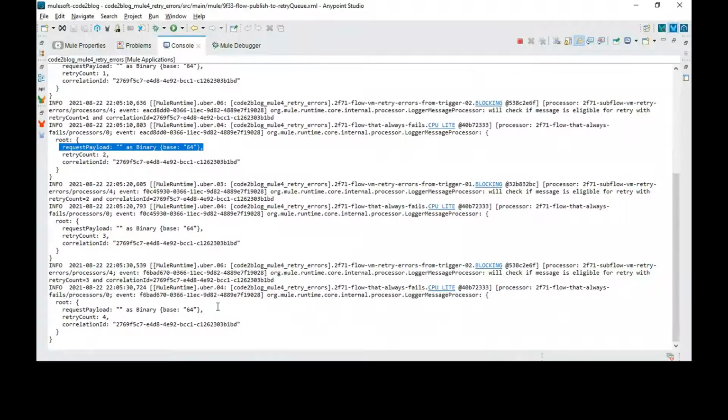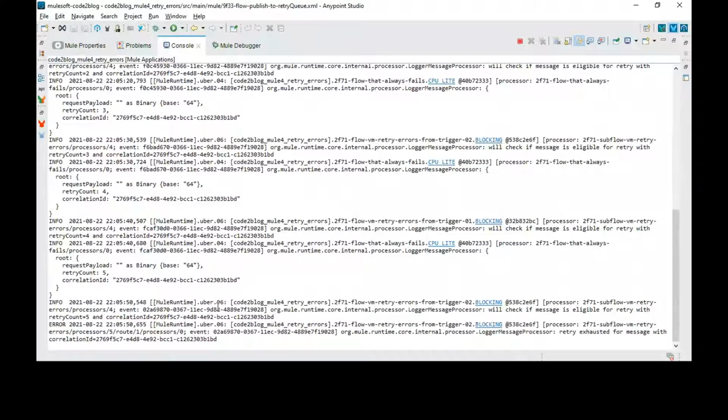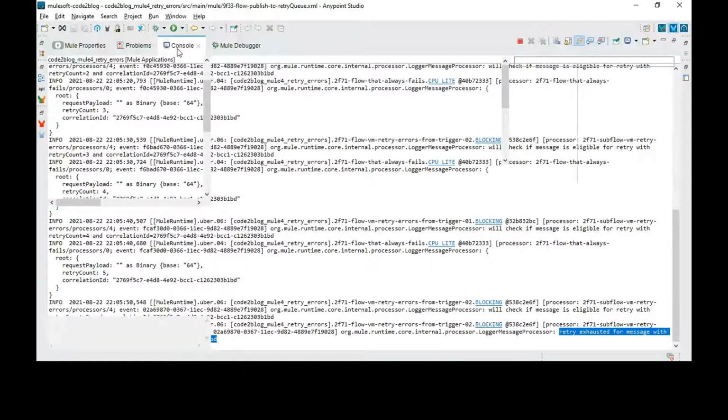Previously, a string was accepted, and you will see that in future instances, XML, JSON, and all instances of a data type are accepted because I have used DW as the output format, application slash DW as the output format.